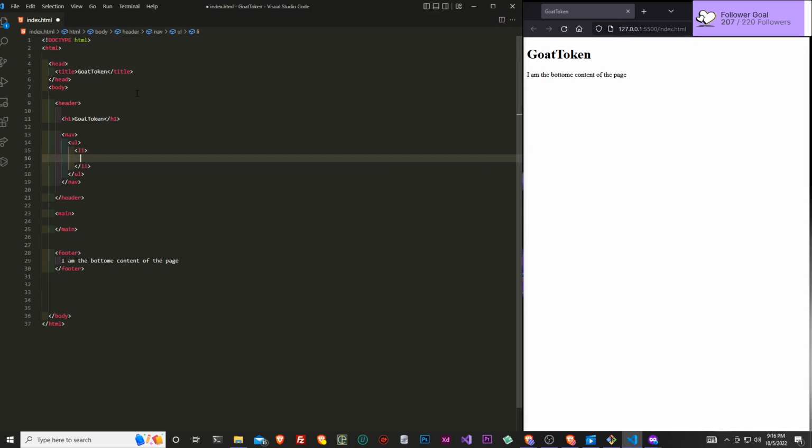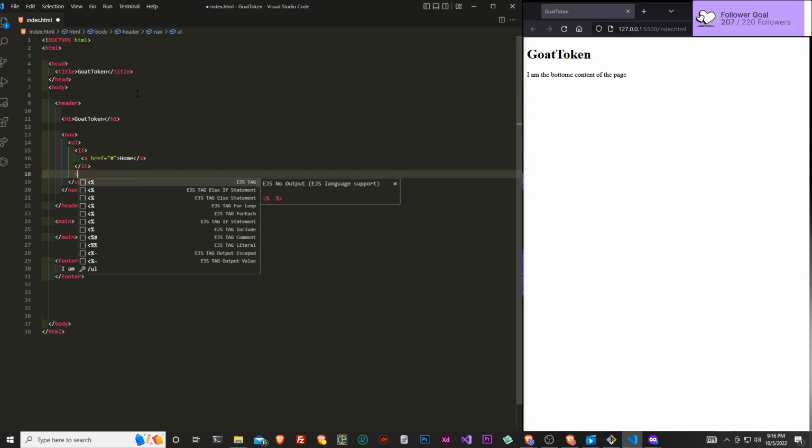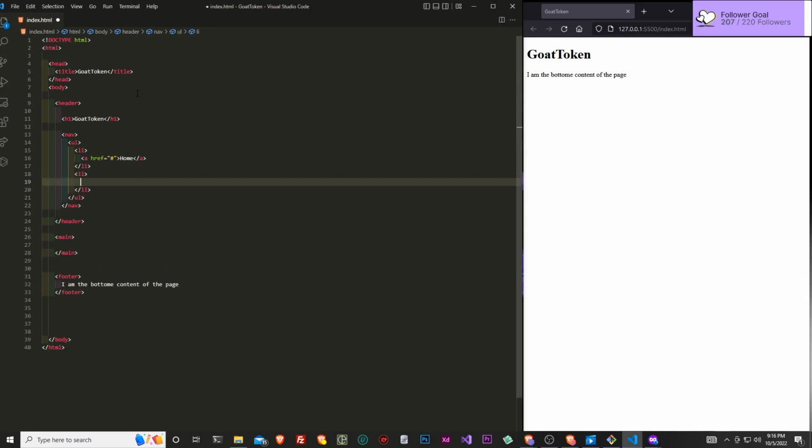And inside of our list item, I want to create an anchor element, and let's make this home. Inside every anchor element, we want to add in the href attribute. For now, we're just going to put a pound sign. Let's create another list item and another link.